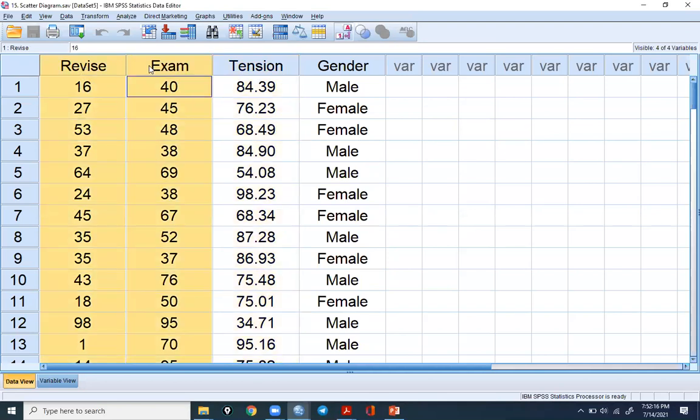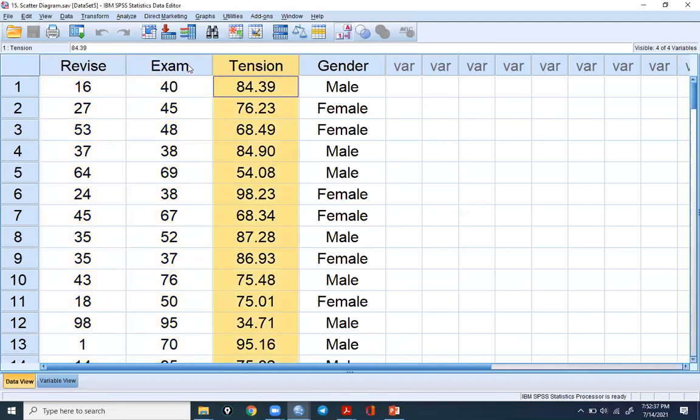Is there any relationship between exam performance and revision? There may be a positive correlation. You revise more topics, you devote more time to your study, then performance will be good. It means there is a positive correlation between the 2 variables. Another is tension. So exam performance and tension. The more tense you are, the lower your performance. It means it's a negative correlation or an inverse relationship between the 2 variables.